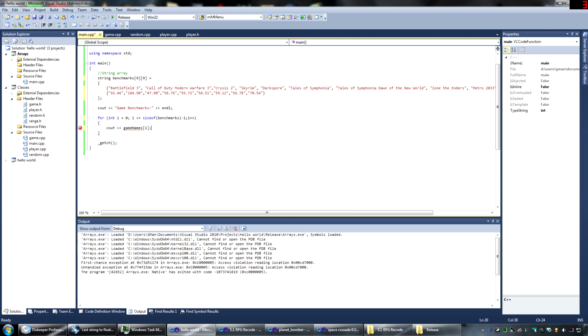Then we need to close that off and then we need to add in benchmarks again. Since matrices are essentially two or more arrays put together, what happens is that